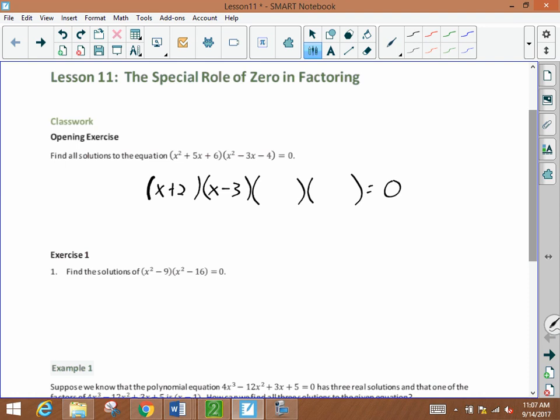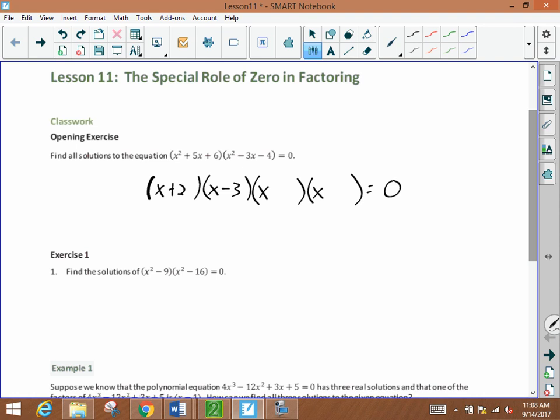Now, I'm not going to use the Xbox method to factor this next one. I'll normally stick with using that method if the coefficient of x is not 1. Otherwise, you can just set it up like this and say, okay, I've got to take this x squared minus 3x minus 4 and factor it into the product of 2 binomials